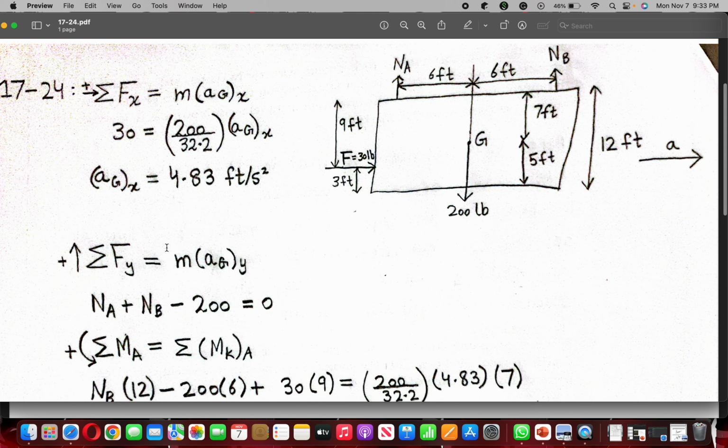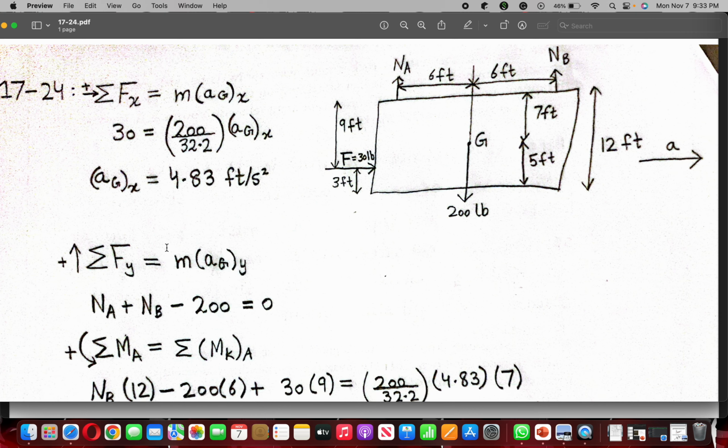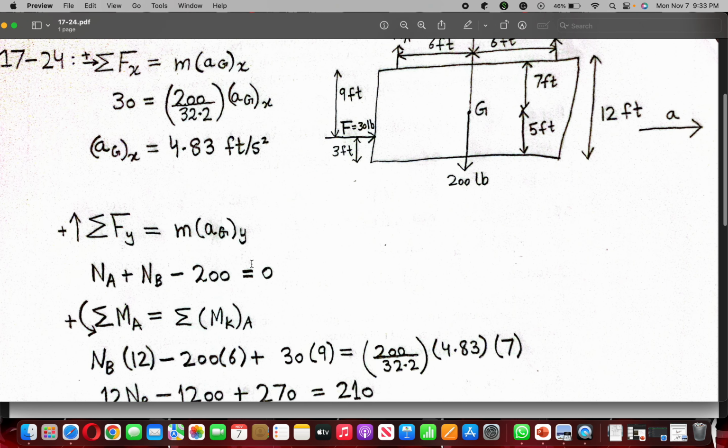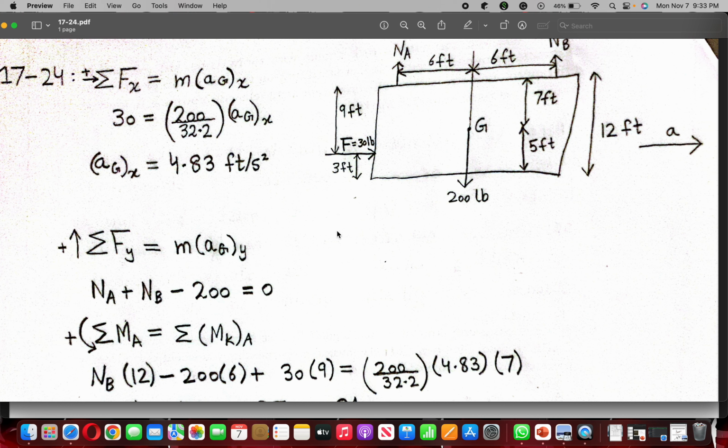And then we do the same for the y direction. We consider that the upward direction is positive, and for this the acceleration in the y direction is 0, because as you can see, when we push, there is a force applied on the door, but there is no movement vertically, which means that the acceleration is 0, which makes this an equation of equilibrium. So the upward and the downward forces are balanced. So Na plus Nb minus 200, which is the weight acting downwards, is equal to 0. So this is our one equation, and then we find the moment about point A, which will be equal to